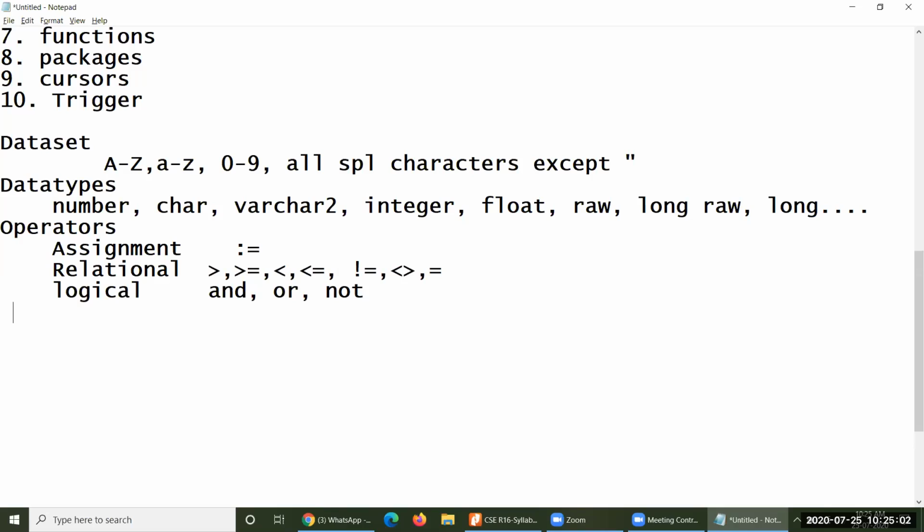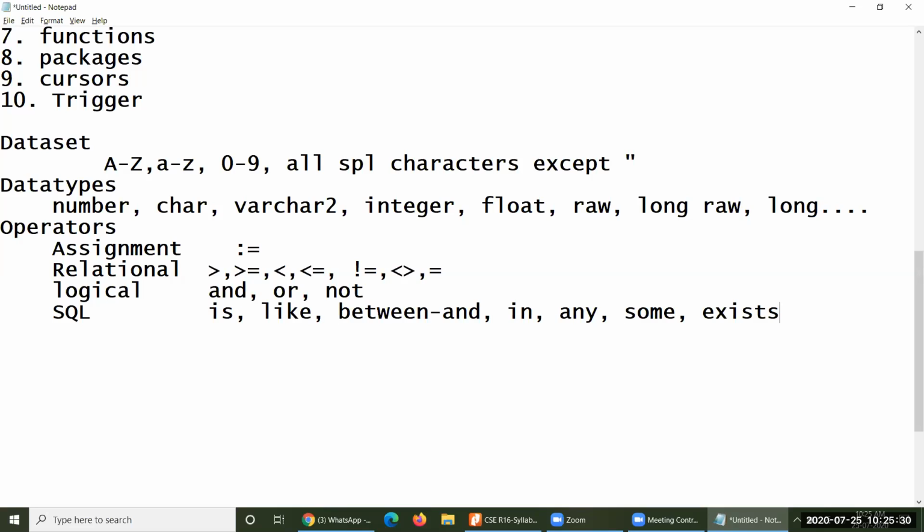And then the SQL operators: is, followed by like, between, and in, and some other operators exist, any, and many others.